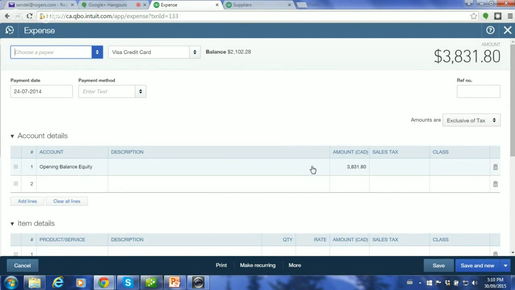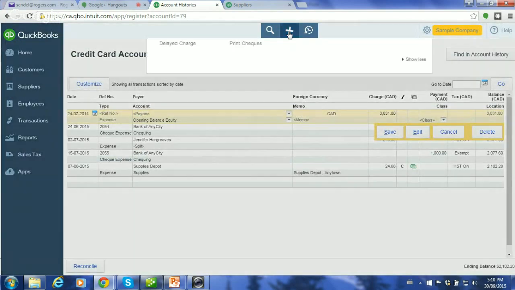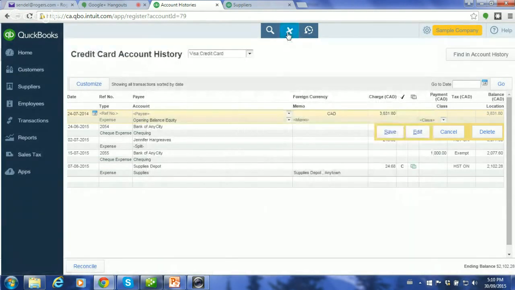Well, if I have copies of all the transactions specifically for the 383180, I can go here, go to expense, and enter them all in. I can pound them all in until I've got the 383180 in there. And then I would just come here and delete the entry, or go into it and delete the entry itself as though it never existed. Because I'll have my 383180 there, no problem.